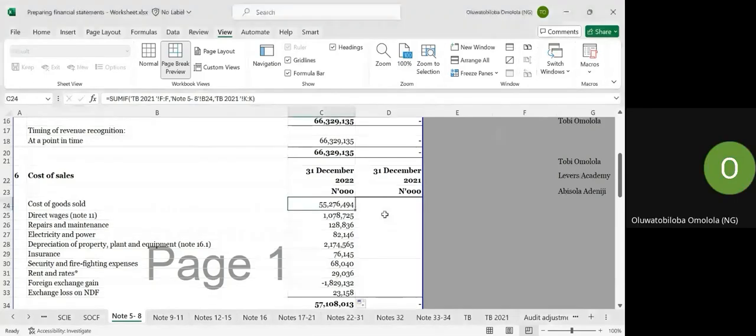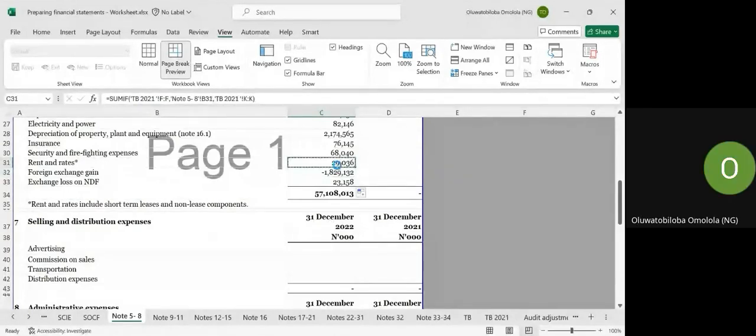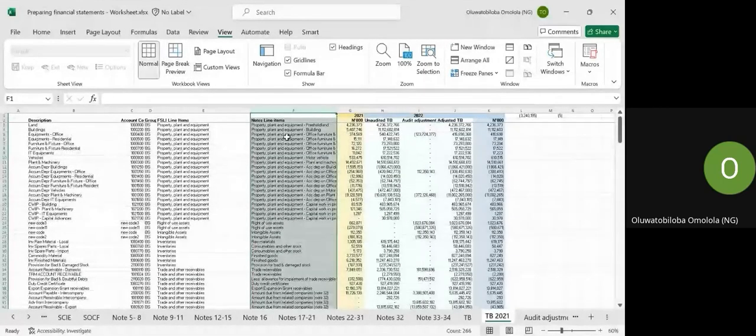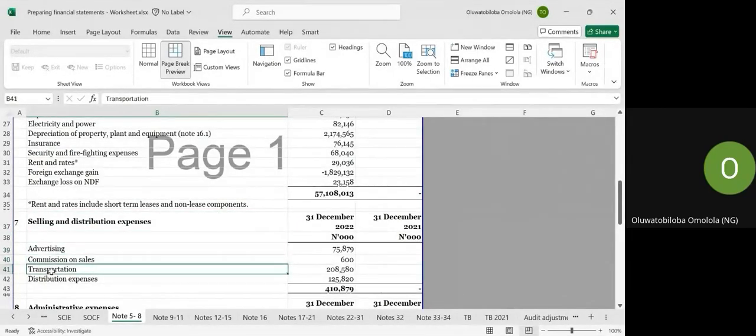Okay, so moving forward, I'll just copy it again. So every one of my items that I have already worked on and prepared, right? It may look like magic to you. If it looks like magic, shout for help. But we're not doing magic. What we're doing is that we have mapped this based on our understanding of the company. We have prepared notes that say our selling and admin expenses is made up of advertising, commission and sales, transportation,